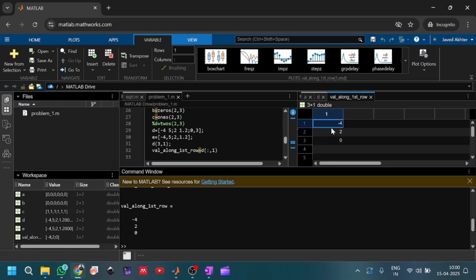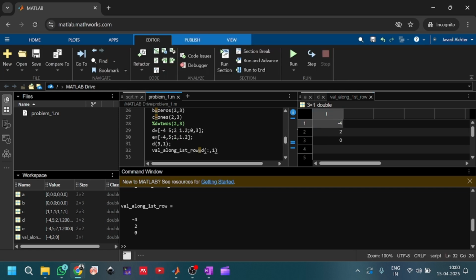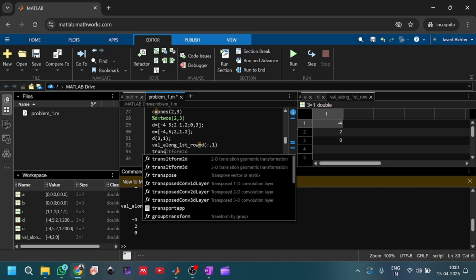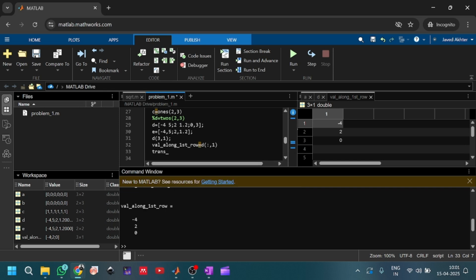Now suppose you want to transpose it. So what is the transpose command? It's simple: transpose. Suppose I want to do the transpose of this. For naming, this is the variable name. What is the command here? You have to give the matrix here. This is still a matrix, right? This is a 3 comma 1 matrix. We have 3 rows and 1 column. So just give this, and if you run it now,